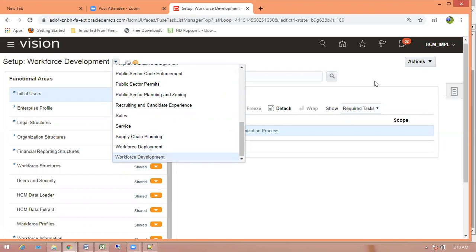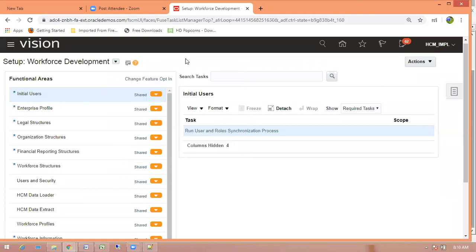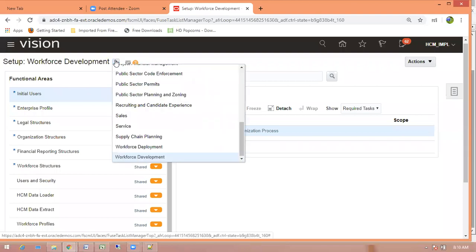Just one question: where can we check what exactly we bought, like the license? For example, say we are a new company, and we bought core HR, absence, and compensation. That's it. So how are they going to know we bought only these three? Because in the offering area there is a problem, right? By default, all would be available? No, by default it will not be available.